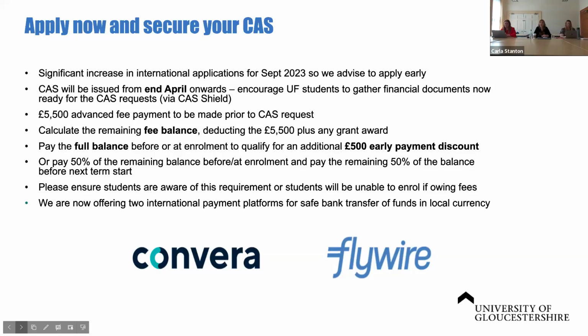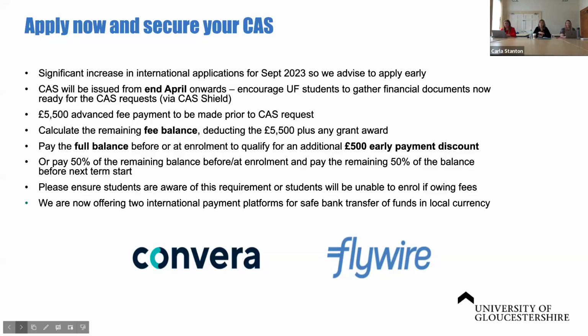Once that has been paid, students can then calculate the balance of fees that they would need to pay at enrolment. So essentially, they would need to find out their total course fee, deduct from that the £5,500 for the deposit, advance fee payment, deduct also the £2,000 grant award if they're eligible for that, and then the balance remaining